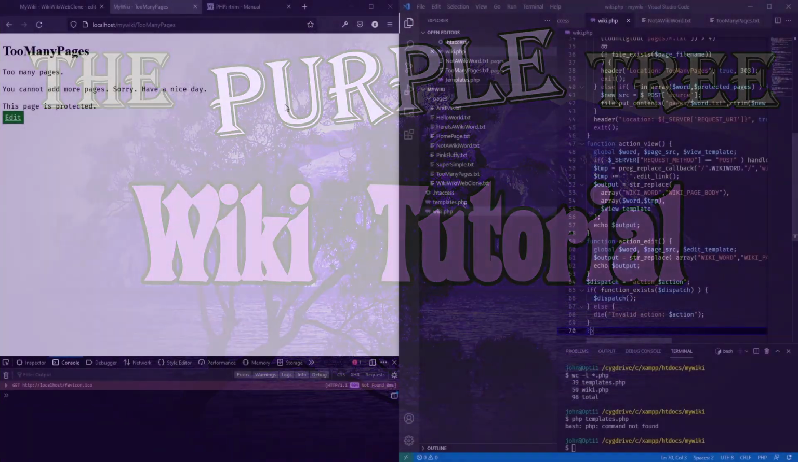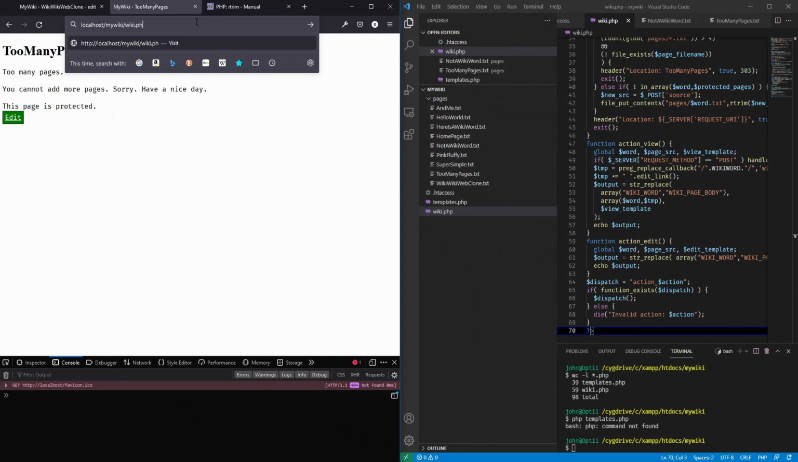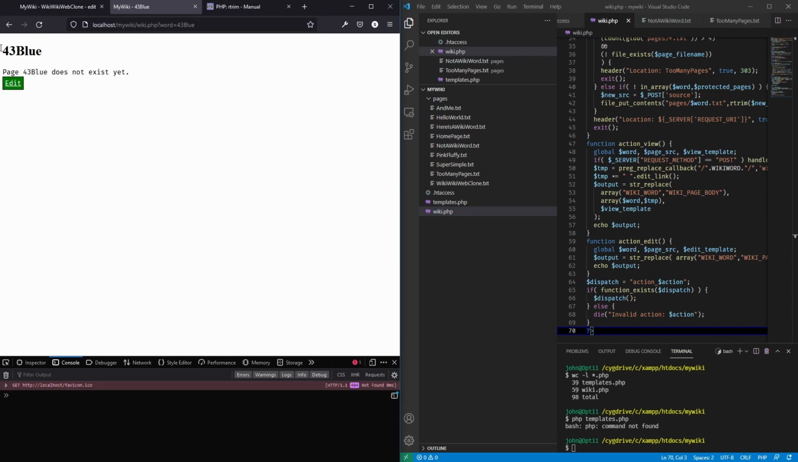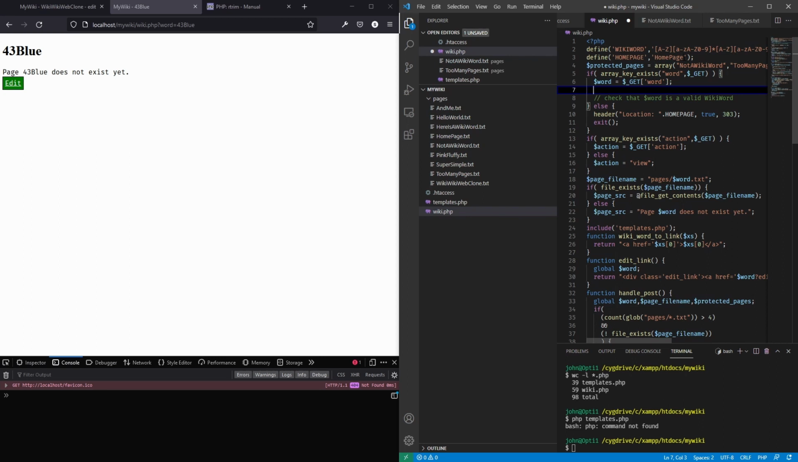Something which I forgot is that you can, if I go to wiki.php word equals 43 blue, that should not work. But here we have a wiki page with something that's not a valid wiki word. So a quick thing to do, which I forgot, I put a note here, check that wiki word is a valid wiki word. Word is a wiki, if not